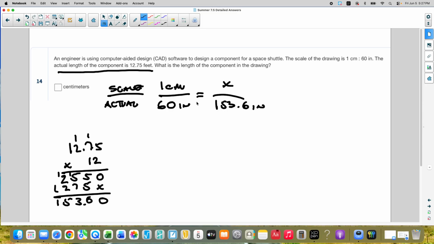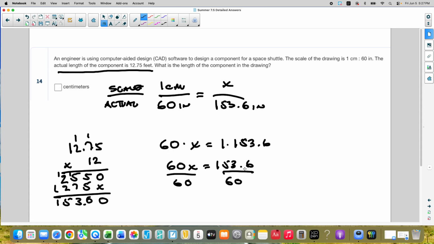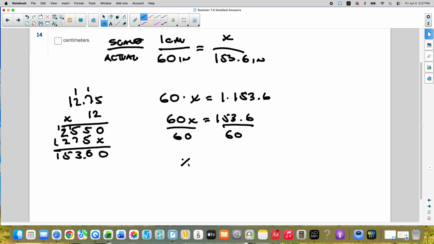So we would put an X there. So 60 times X equals 1 times 153.6. 60X equals 153.6, divide by 60. When we divide by 10, we lose a decimal place. So this ends up being